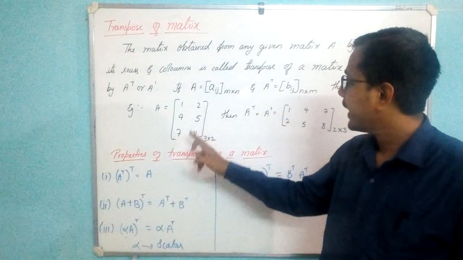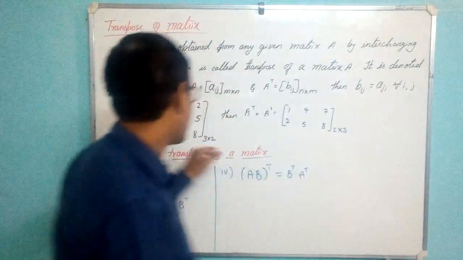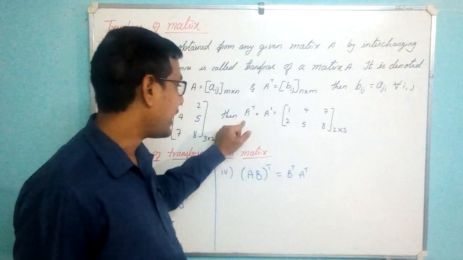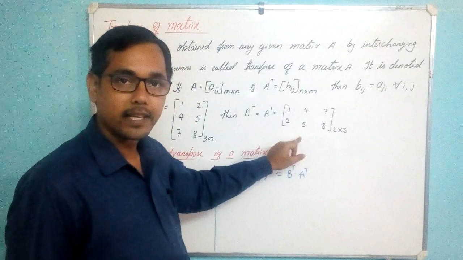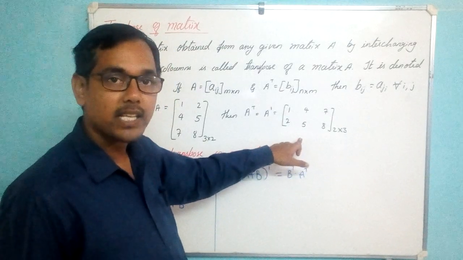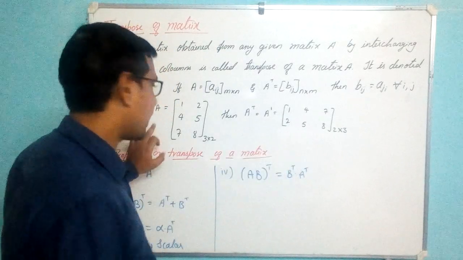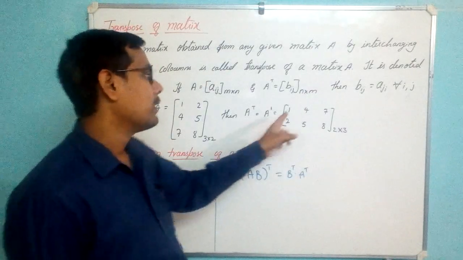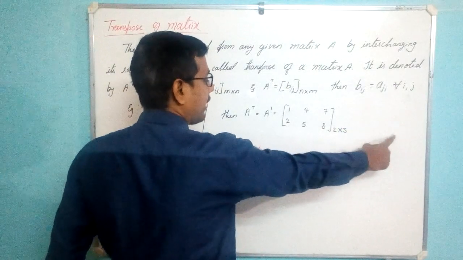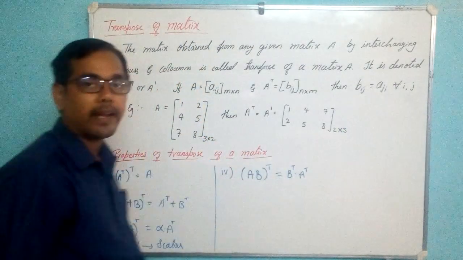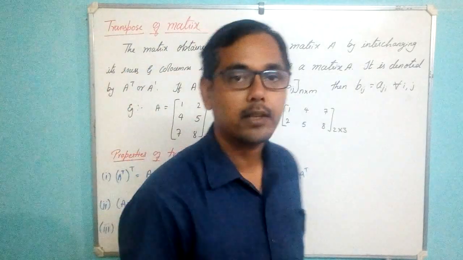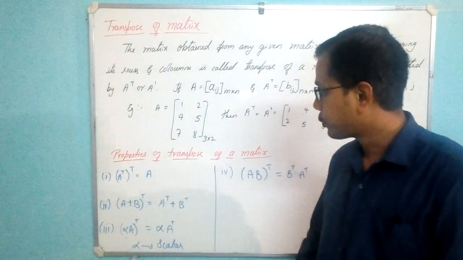For example, I have A here. So this is matrix A. If I take the transpose, I get this matrix. This is A transpose. If once again I take the transpose of this, rows have to be written as columns, then definitely I will get back this matrix. That is, the transpose of this: the first column will be 1, 4, 7, the second column will be 2, 5, 8. So 1, 4, 7 and 2, 5, 8. So transpose of A transpose will be equal to A. That was the first property of transpose of a matrix.